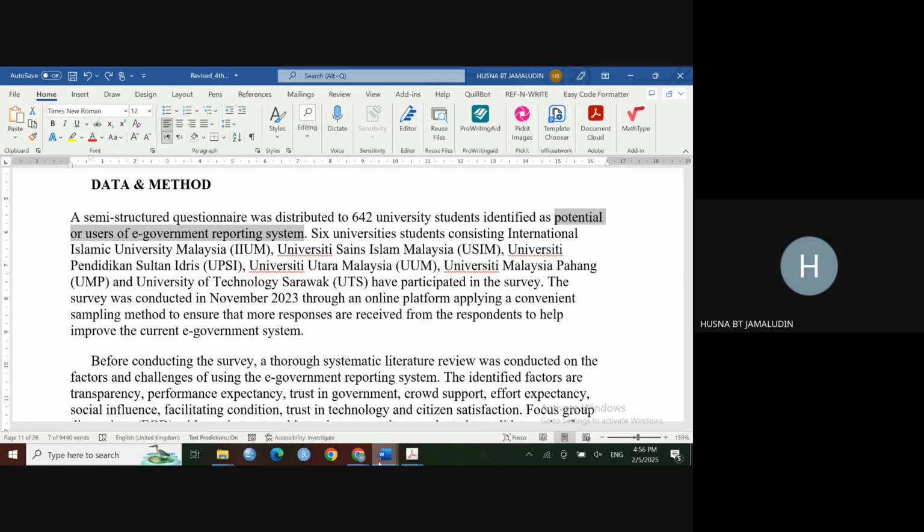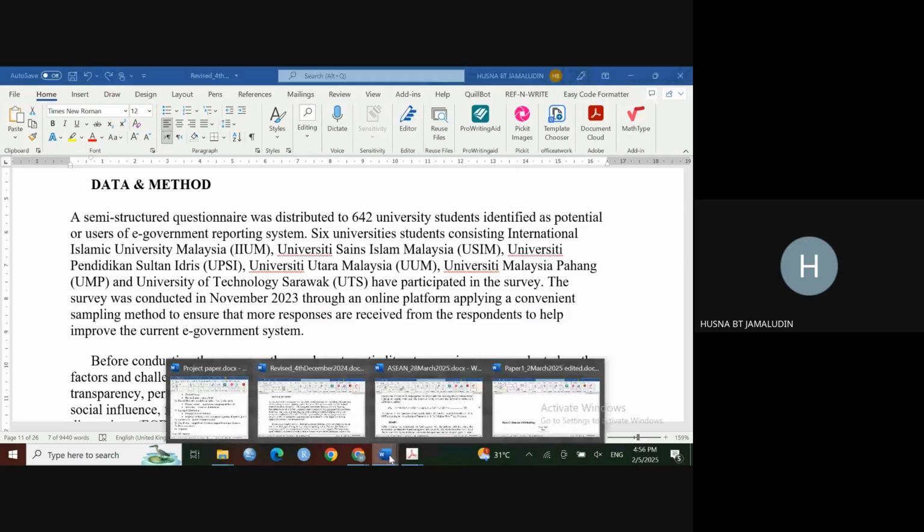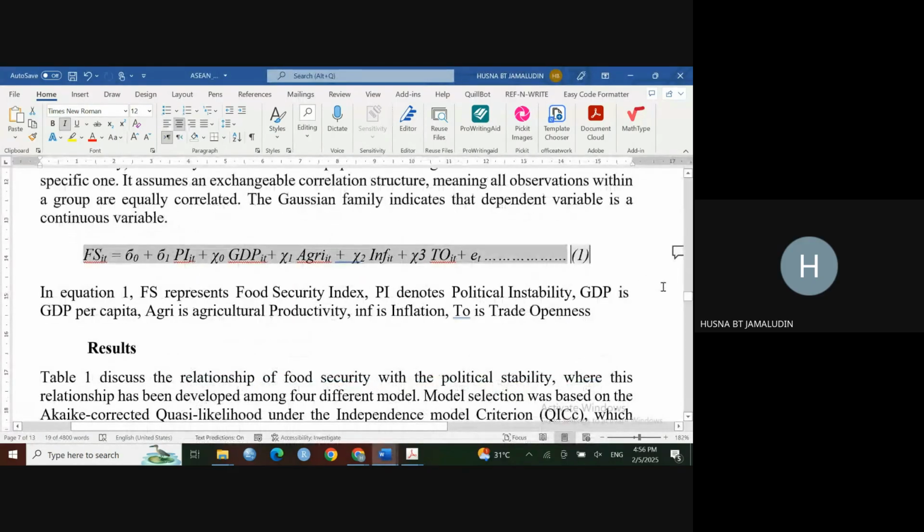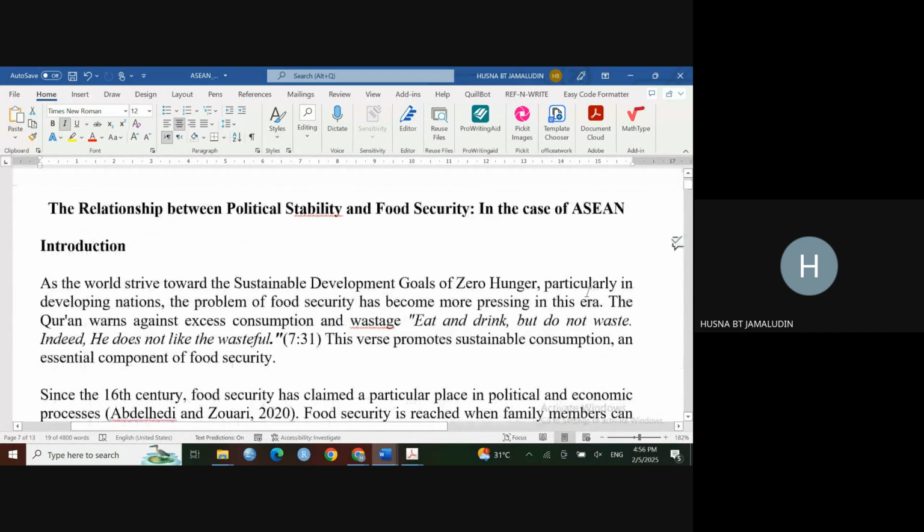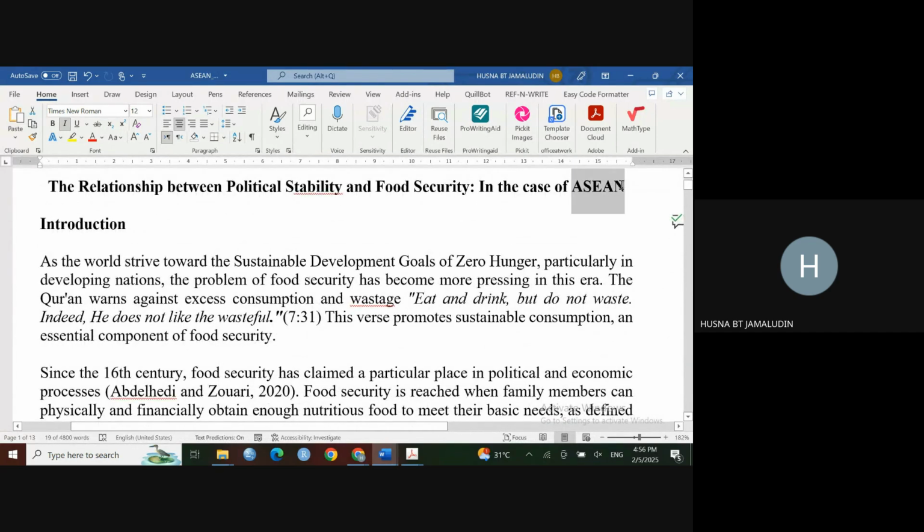Okay, so the same thing with another paper here. You talk about ASEAN. Remember, you talk about Tanzania. You are talking about a specific group, a specific country. You have to justify. Don't simply say, okay, I want to study ASEAN. That's it. So you have to, that's why sometimes, because the issues are severe, remember just now here I